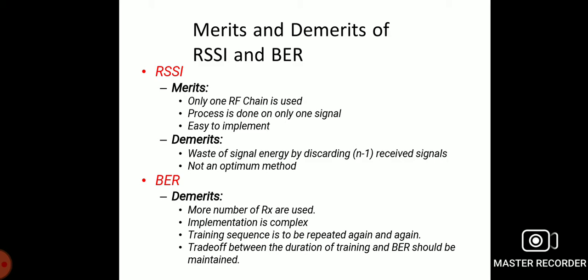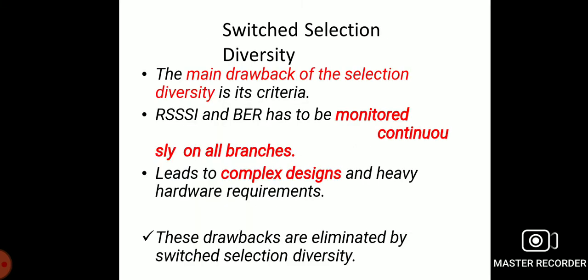Now let us move to switched selection diversity. In switched selection diversity, the criterion is monitored, and if it is below a threshold value, the receiver switches to a different antenna. The switching depends on the quality of the active diversity branches.